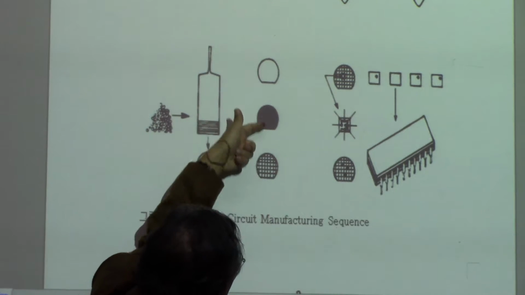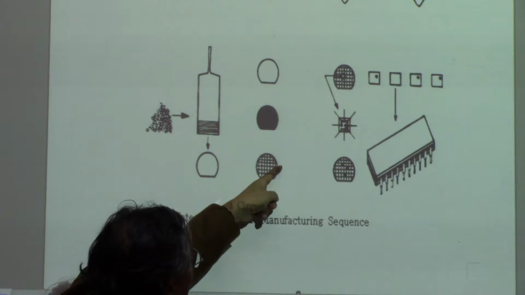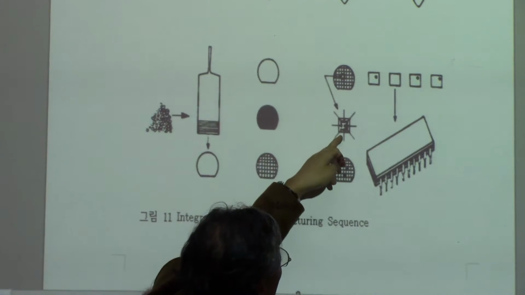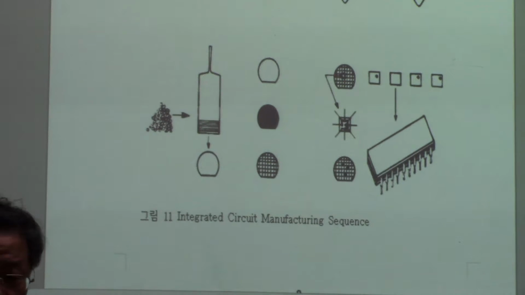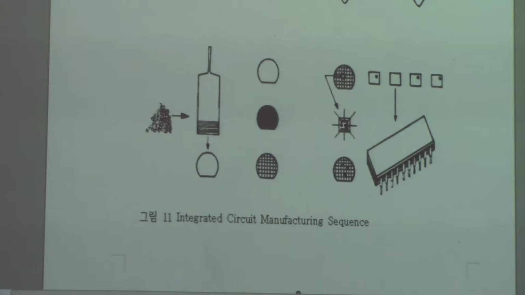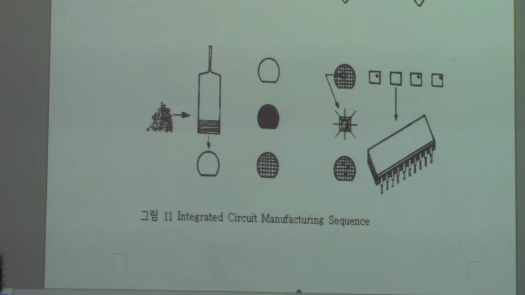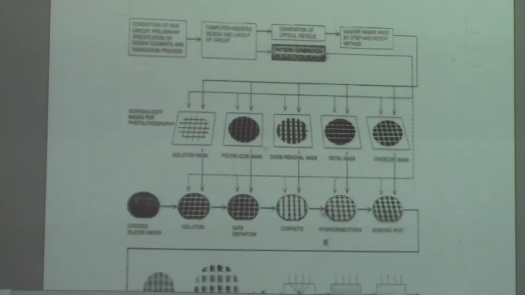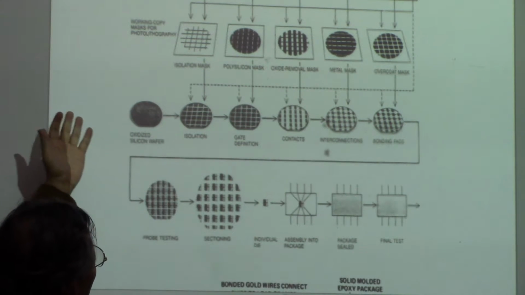Anyway, and then we do all those 7 unit processes to make all the dies on the wafers, and then we cut it, and then we make a connection to the lead frame, and then do the plastic encapsulation. Packaging is going to be done. And we call this, at this stage, a chip, okay? So this class is basically related to the unit processes from the single crystals, and we have